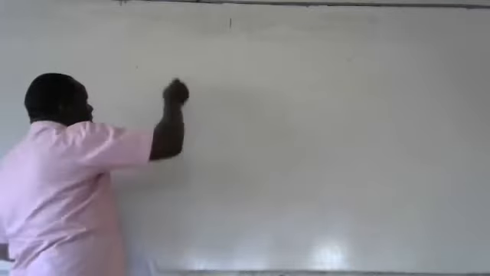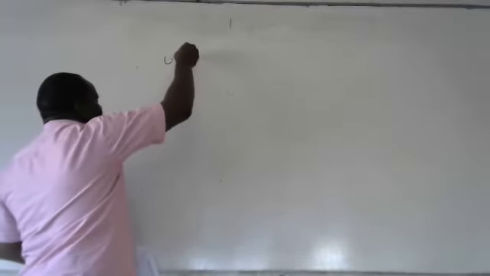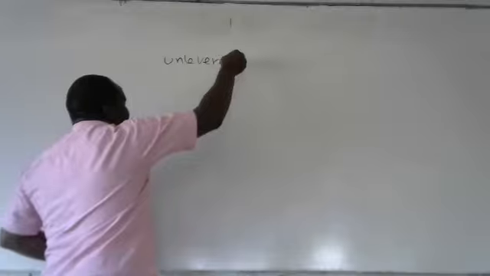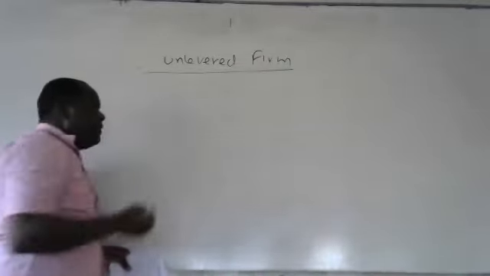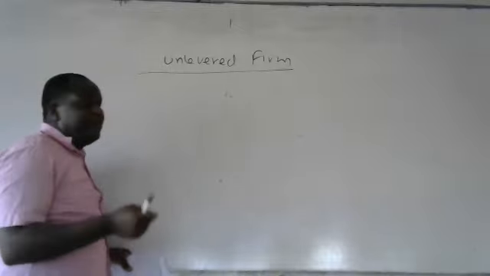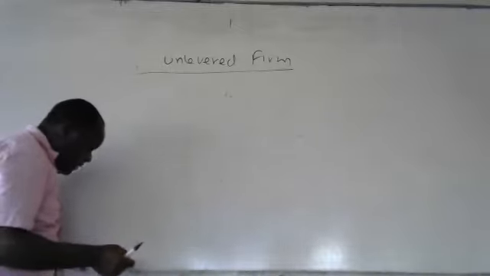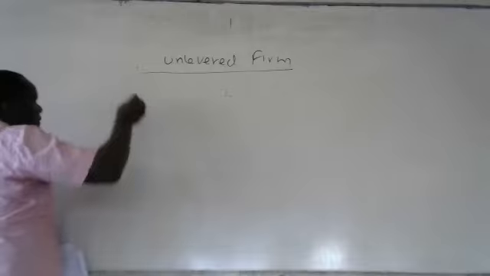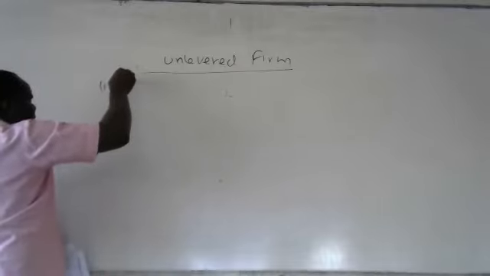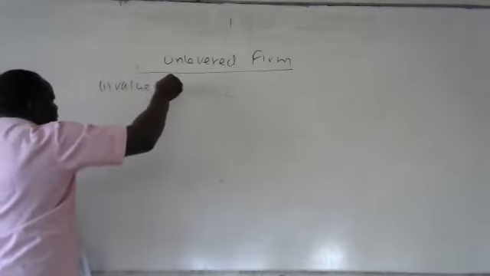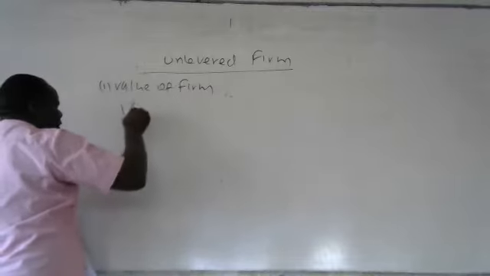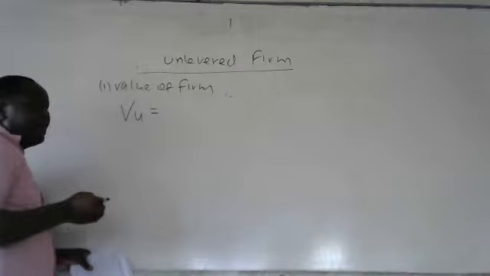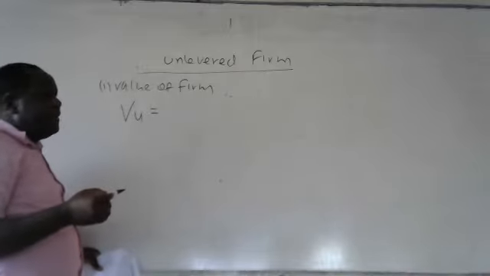So you want to start with the unlevered firm. We say that we start off with the value of the firm. The value of the unlevered firm is supposed to be given by